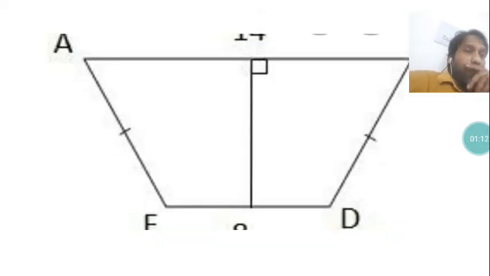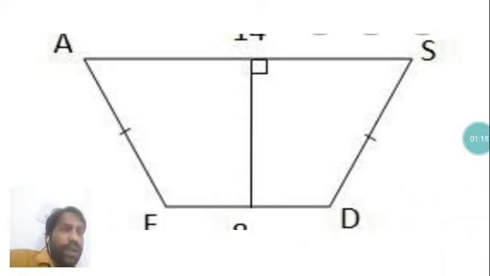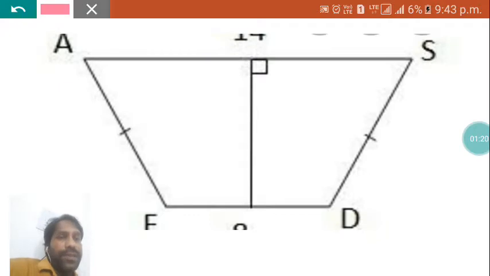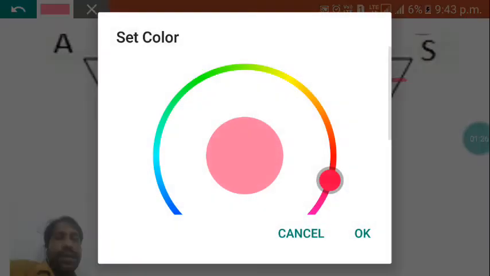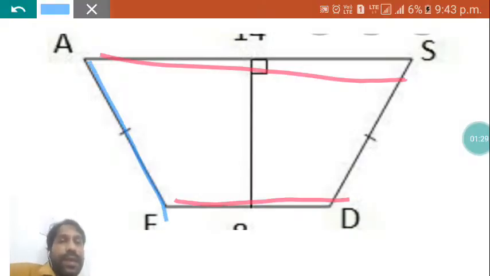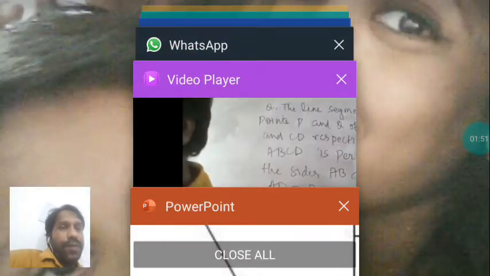I have taken in my discussion one trapezium. Okay, what is a trapezium? No need to discuss. We have read this already in chapter 14, where we discussed the area of quadrilaterals. This is a trapezium whose these sides are parallel, and these blue sides are the non-parallel sides. This type of shape is called a trapezium. Today, with the help of congruency, I have tried to prove that some parts of this trapezium are equal. What are those parts? Just see this video and then we'll find out.